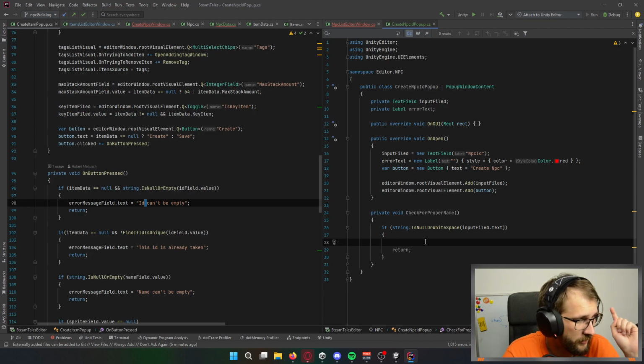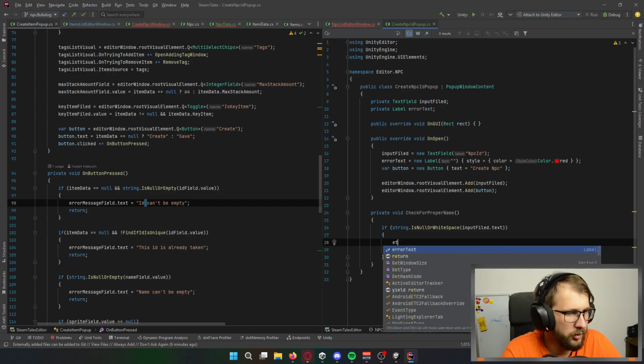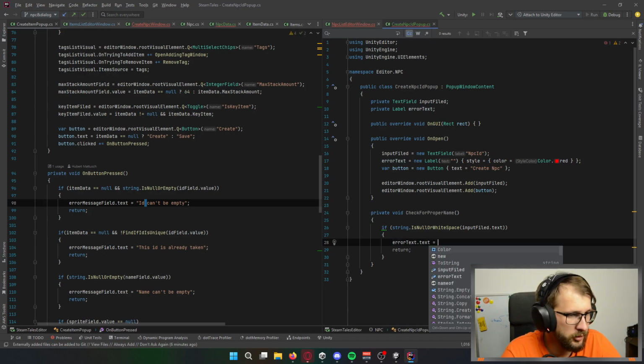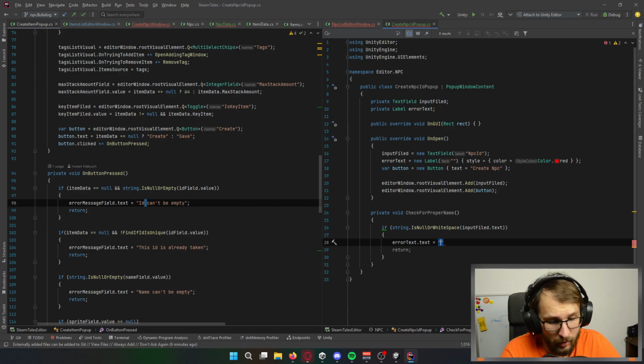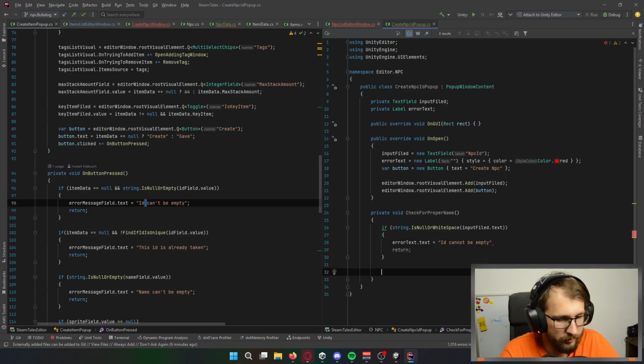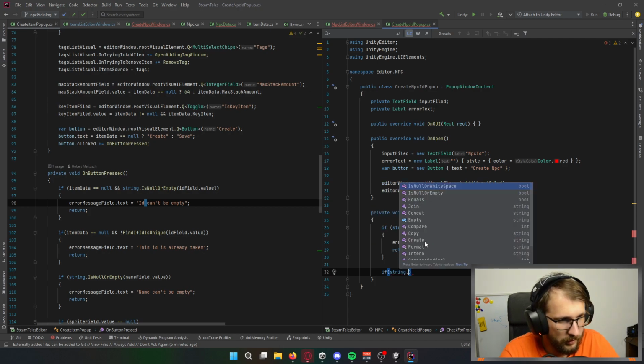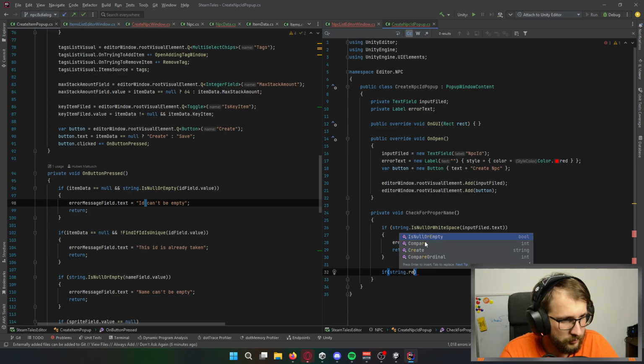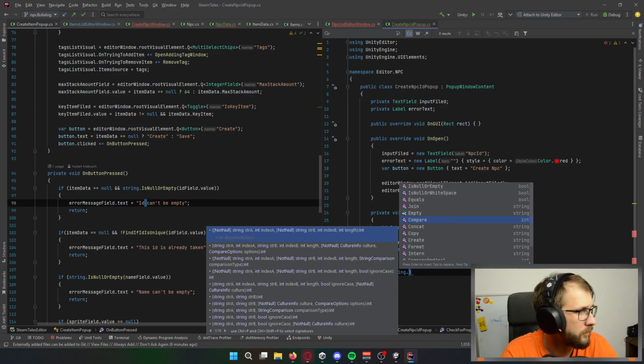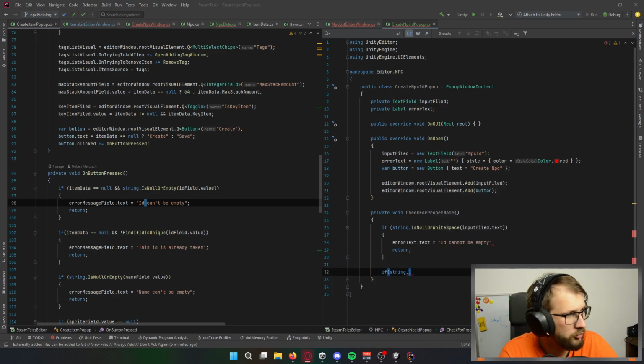So if string is null or white space, I want errorText.text to be set to "ID cannot be empty." Now, how to use regex? C# regex.